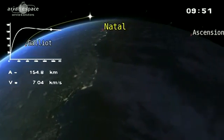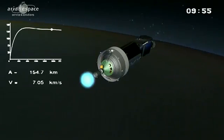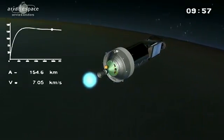And we're being followed now, as you can see, by Ascension Island. That's our second downrange tracking station in the Atlantic. Tiny island in the south